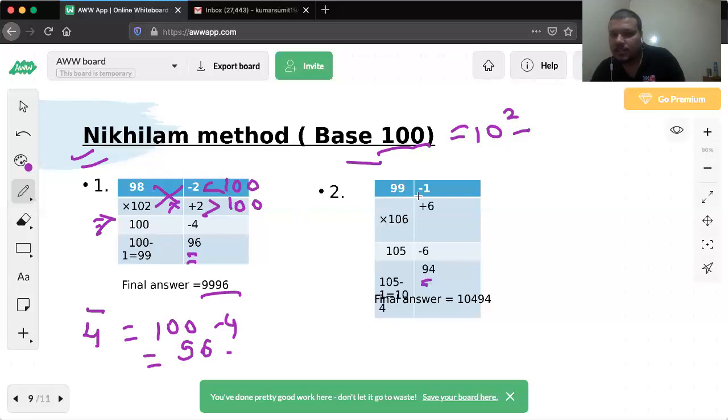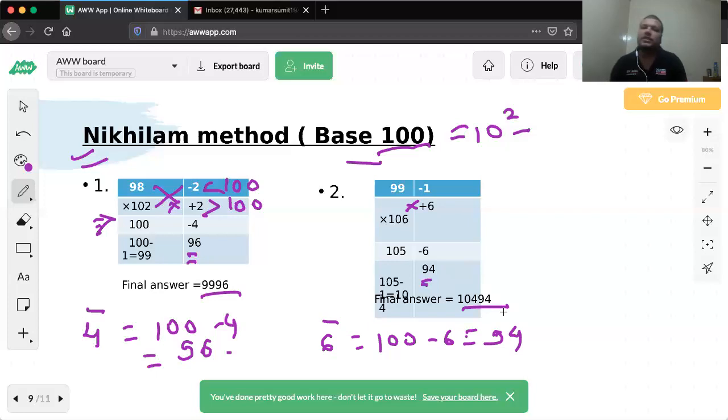Now let's see some more examples. 99 into 106. 99 is 1 less than 100. 106 is 6 greater than 100. We do minus 1 into plus 6. What we get is minus 6. Again, cross: 99 plus 6, 105. 100 minus 6, 94... so we have minus 6 on the RHS, 105 on the LHS. Minus 6 is what, guys? 6 bar. Since the vinculum is 100, 100 minus 6 is equal to 94. Fine, guys. So we get 94 on the RHS. On the LHS, since we are doing the complement, we transfer minus 1 to the LHS. 105 minus 1, we get 104. And then the final step, merge the LHS and RHS, and we get 10494.